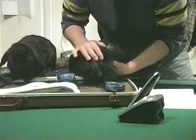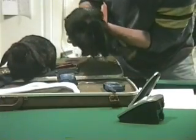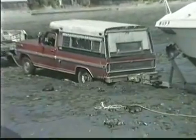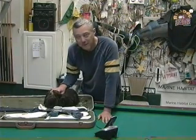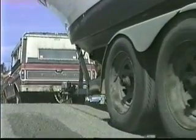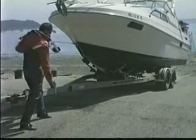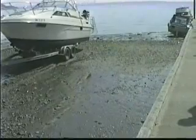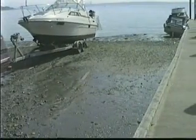But I thought before we get started, I would share with you on this film short 79 beach launching bloopers. You know, everything went good in rehearsal. We had the boat, everything going well. We were backing it up nice. We had a little bit of a demo there on how to break it loose from the trailer and what to do, this and that. And as we started to launch the boat,